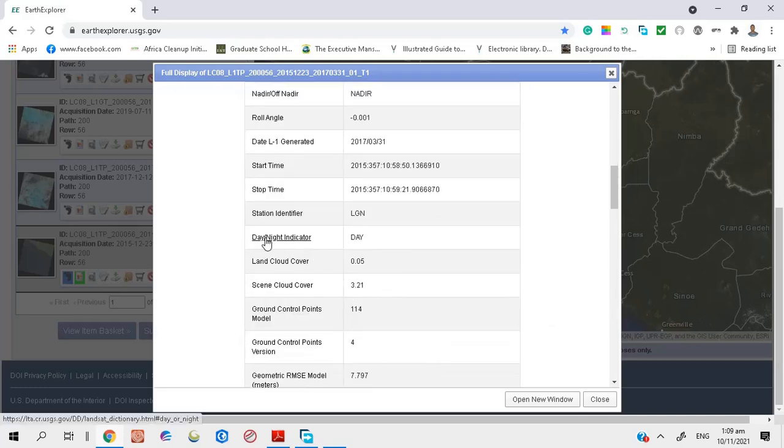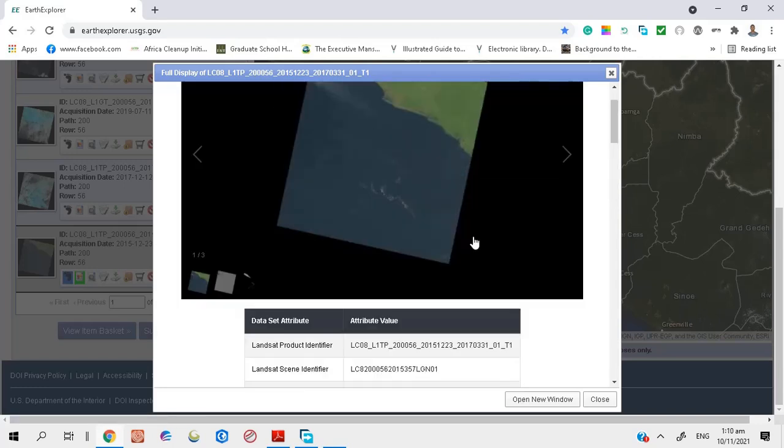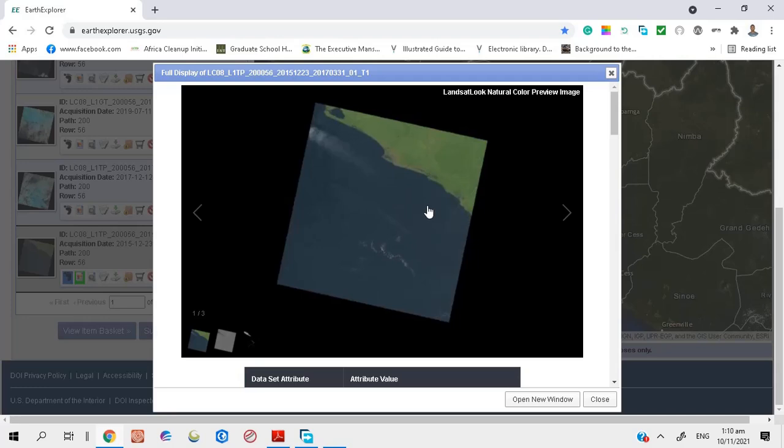Okay, as you can see, I chose data indicator. So this is day. This image was taken the day. So land cloud cover, you have 0.05, scene cloud cover 3.21. So okay, I can see that it is fit for the purpose I intend to use it for. So I close here,